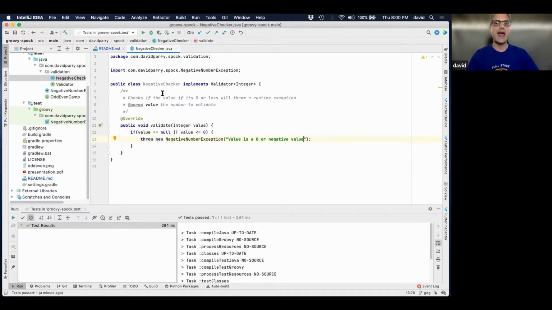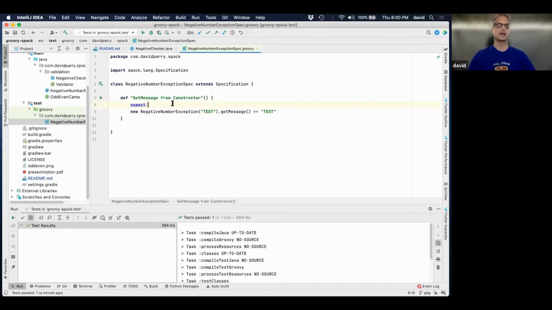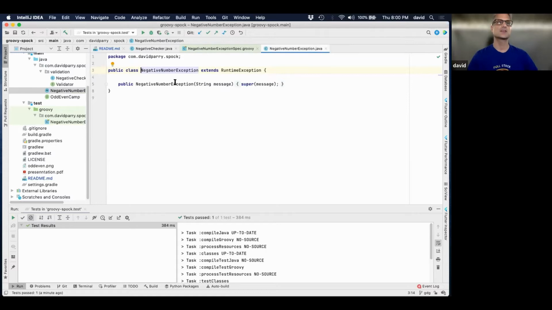So we already have that, and that kind of got our feet wet with a basic test in Spock. You can say, hey, I expect that with this new exception that I throw, the message will return me back test. That's all I expect. Whenever you throw that, give me the message whenever you create that class. If I look at the exception itself, that's all it does, because it's calling super to send that message. So I just want to test that this exception, which extends RuntimeException, when you pass it a message, calls the super object and gets it. So we're good to go there. We know that all works.